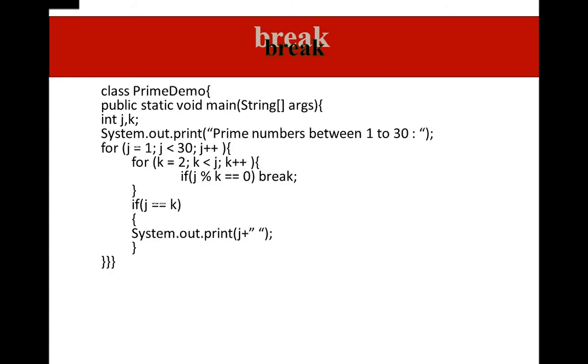And coming to the break statement, it helps you in coming out of a loop. When a loop is repeating, you want to come out whenever a condition is satisfied. Yes, you can, with the help of the break statement. Here is an example which prints the prime numbers from 1 to 30. Whenever the number is not a prime, we come out of the loop. How? With the help of this break statement.